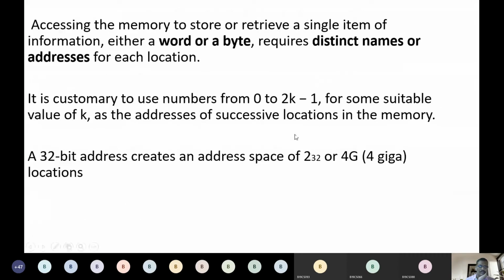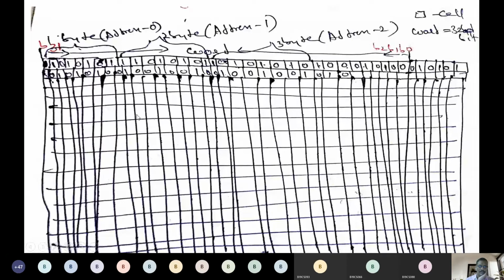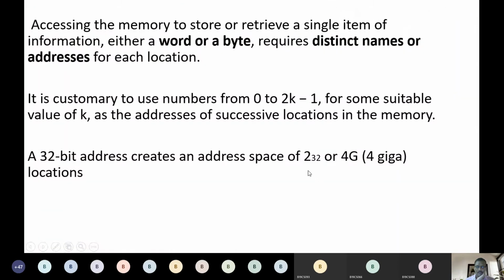And I already said how many addresses we have in this memory. Because for every single byte you are assigning an address, starting from 0. The next byte has address 1, the next byte address 2, and so on. So how many addresses do we have? It will be 2 to the power of 32. Actually, it must be a superscript, I did not change it yet. 2 to the power of 32 addresses, and each address is given for 1 byte.